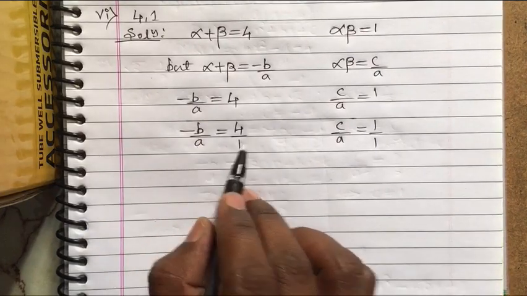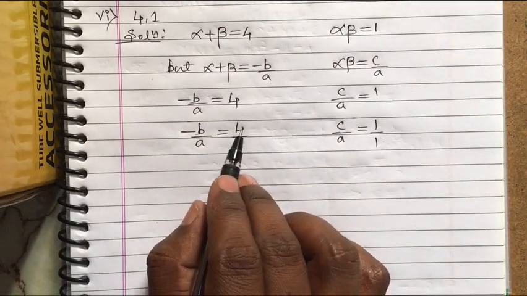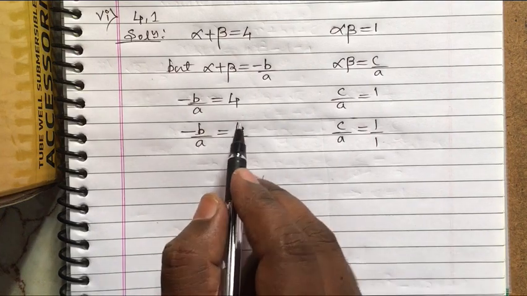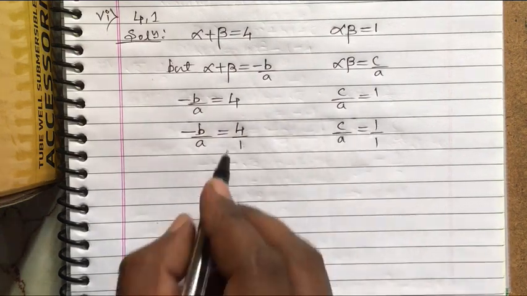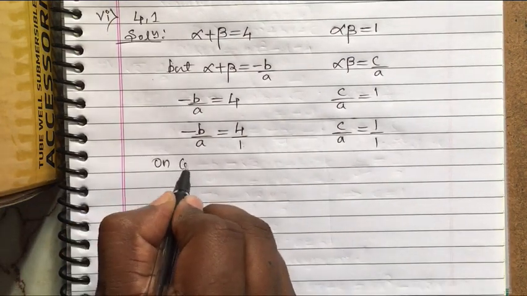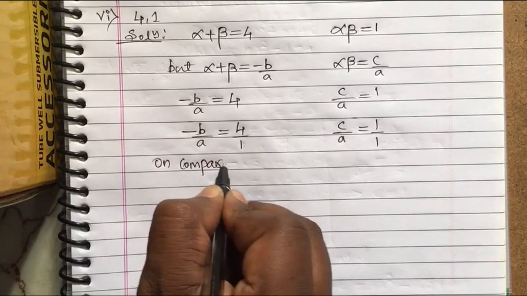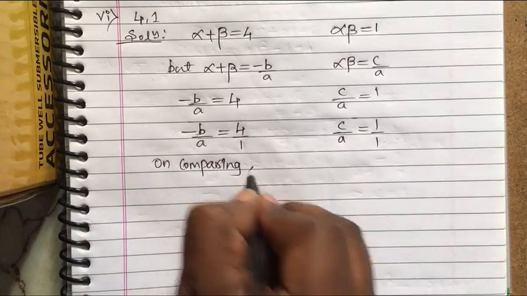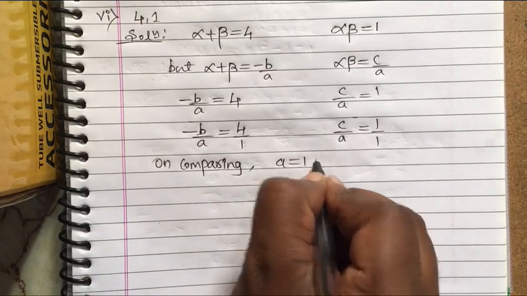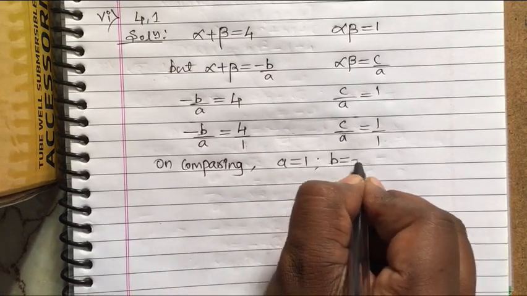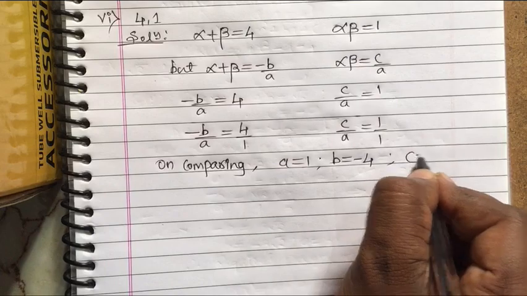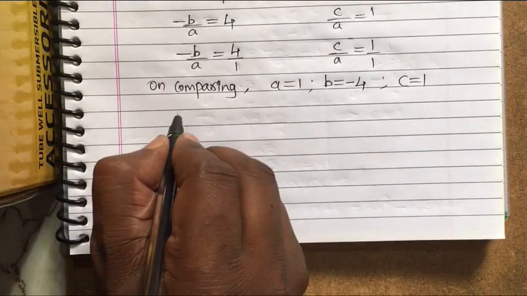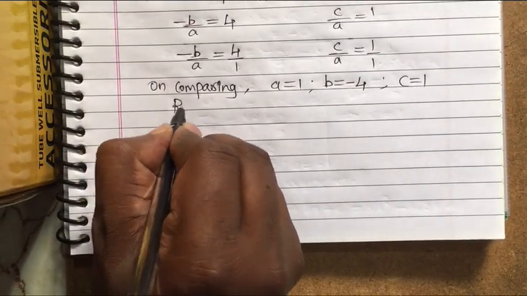So compare the ratios now. A equal to 1 both the sides, and then minus b equal to 4, that means b will be minus 4, and then c equal to 1. On comparing we get a equal to 1, b equal to minus 4, c is equal to 1. So required polynomial